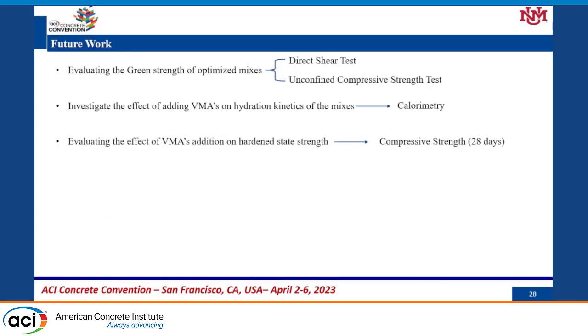We are currently working on the next phases of this project, that is evaluating the green strength of optimized mixes by 2 different approaches: direct shear test and unconfined compressive strength test. And also, it is very important to evaluate the hydration kinetics when you are using VMA in the mix. So we are doing calorimetry for that. And finally, we want to check what is the effect of adding viscosity modifier on mechanical performance in terms of